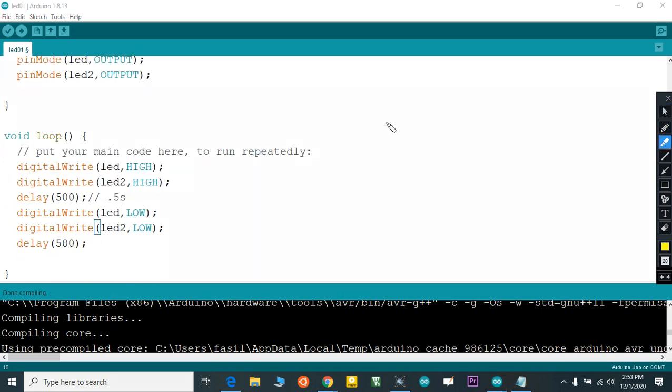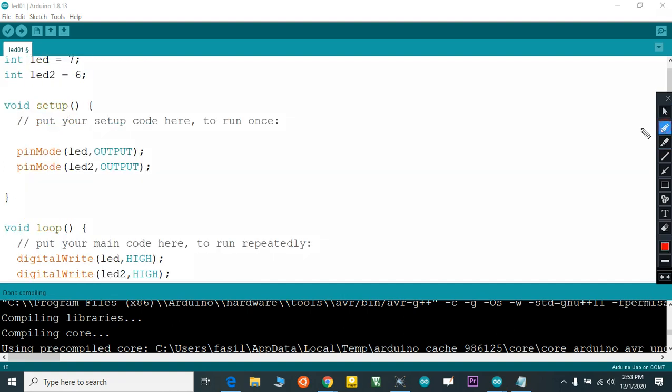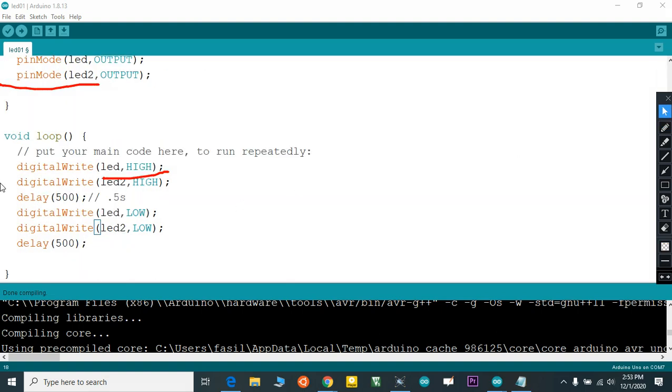First I need to declare a variable here. Then I set my LED as an output here. After that I turn my LED 1 high, LED 2 high, and then LED 1 low, LED 2 low.